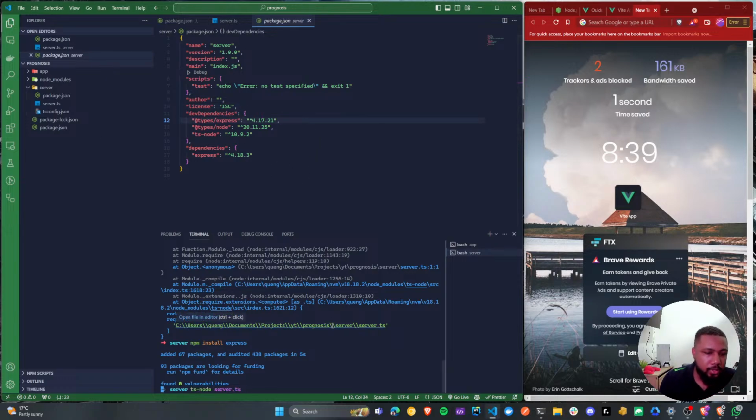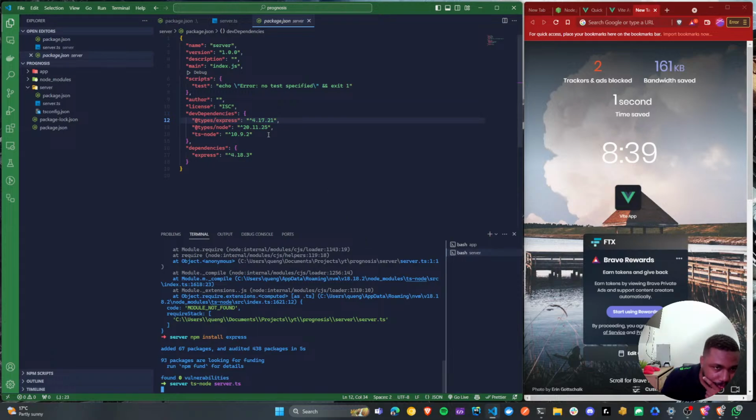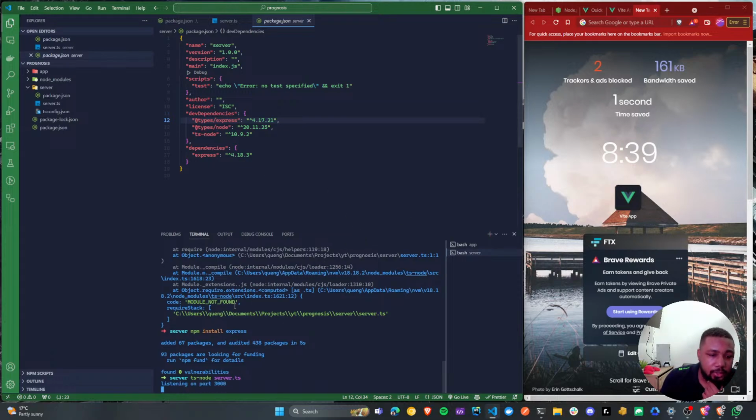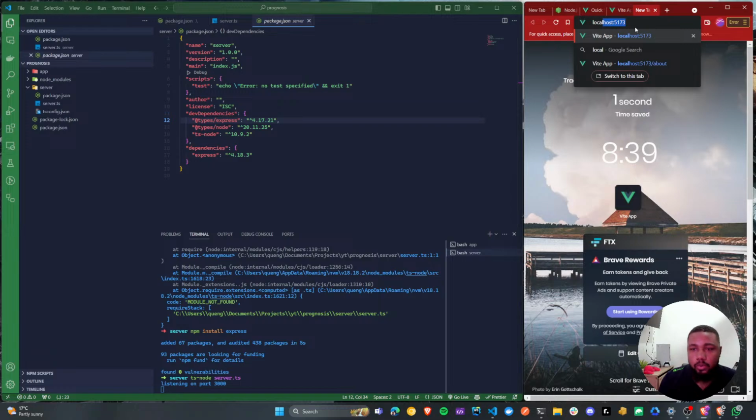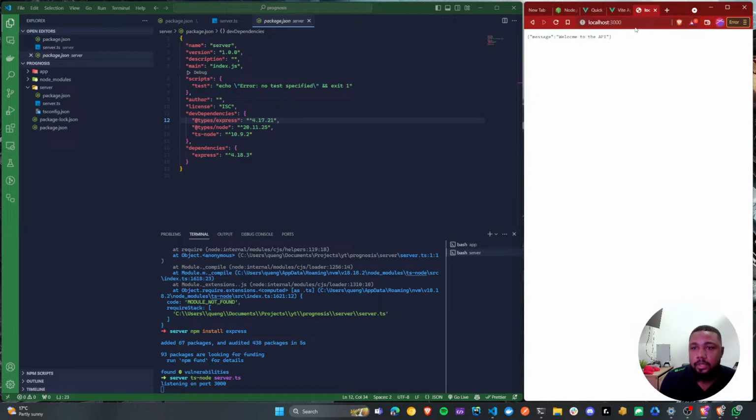Now let's run our ts-node again. You install the type definition. Okay, so right now we have our express server running. So if we go to our localhost, not 5173 but 3000, and we have our API. So yeah, the next thing we need to do is